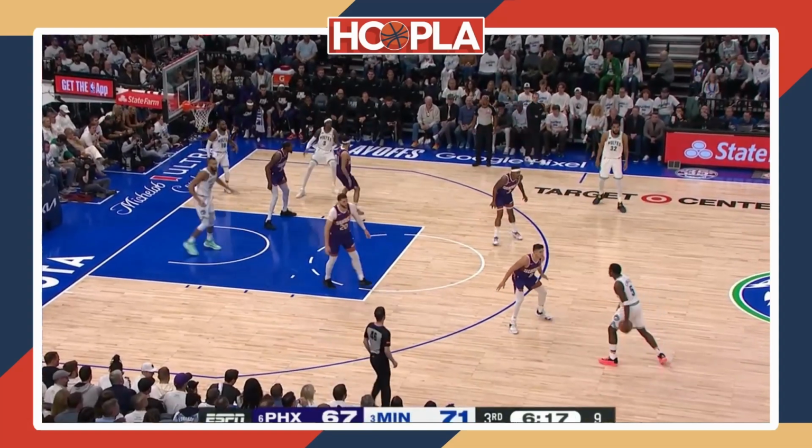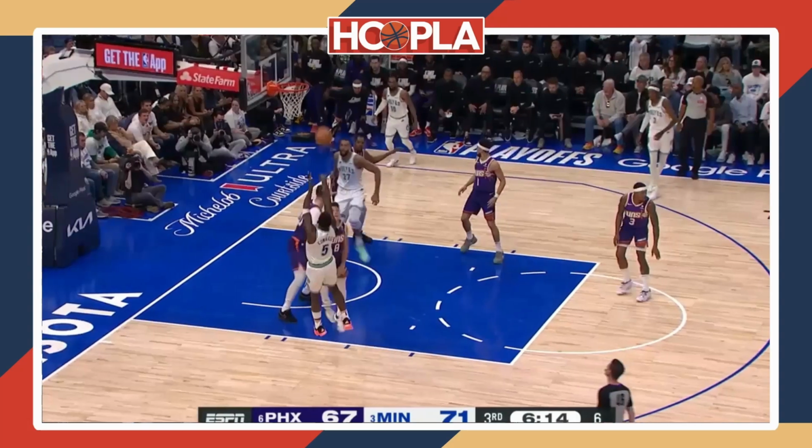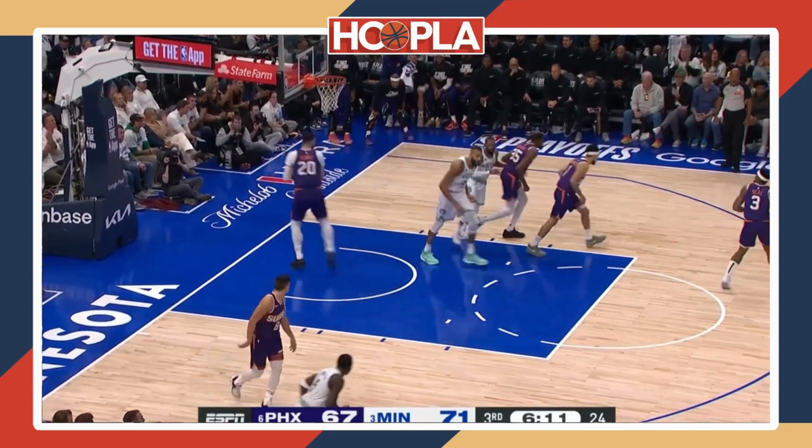Later in the third quarter, Ant finally gets an opportunity to have a full side of the floor to himself and to be able to ISO on the person that's attempting to guard him. So you can see right here that Ant has this entire side of the floor to operate. And yes, there's a help defender right there in Nurkic, but Nurkic stays back and is protecting the rim. Ant knows this and learned his lesson from getting too deep in the first half. He tacks left and he pulls up a dribble early and hits the baby bank, which is a great shot for him.